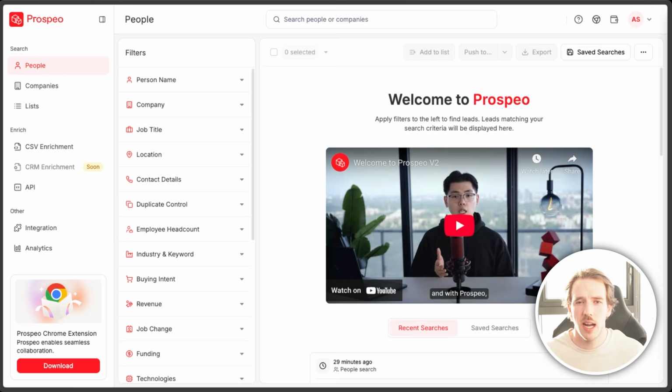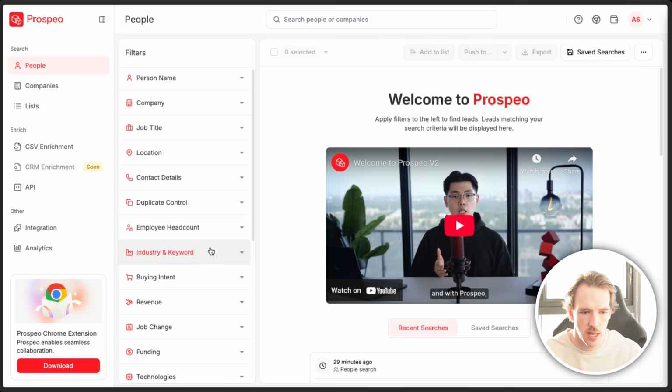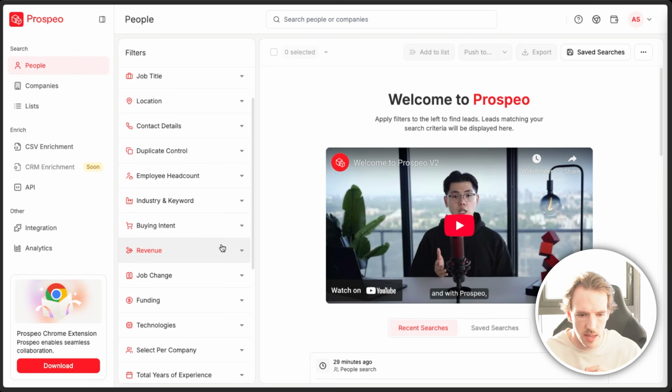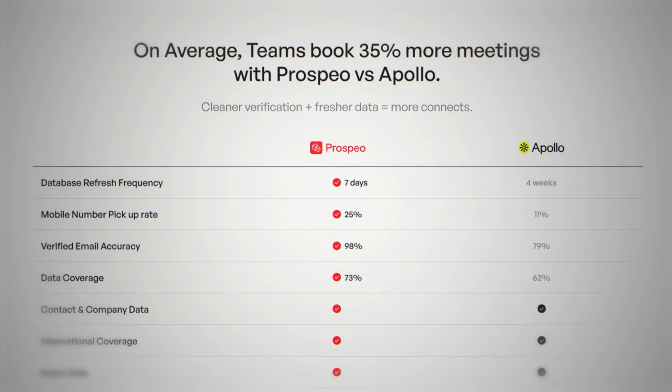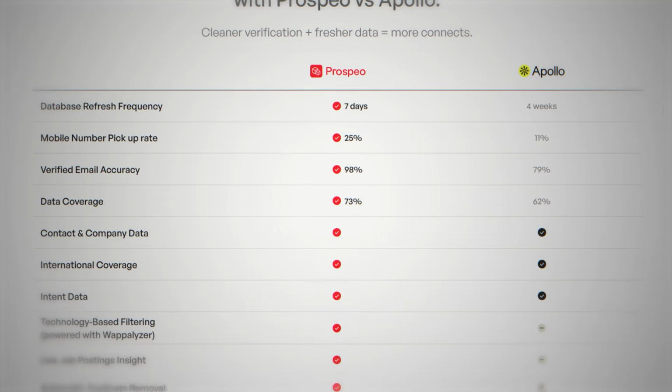And then on Prospeo's side, you can see they're very agency first. They've built their platform with outbound in mind. Honestly, I probably use about 80% of the filters that they've included here. Every single feature that they've ensured to include on the side is borderline essential, and they've added a few different key factors that I think are going to be a game changer when it comes to lists, like number of contacts per company. Fantastic. Their ability to ensure you're only paying for new exports, not those that you've exported before,